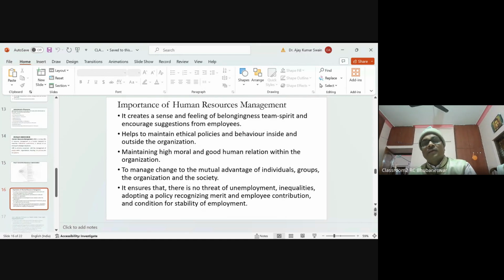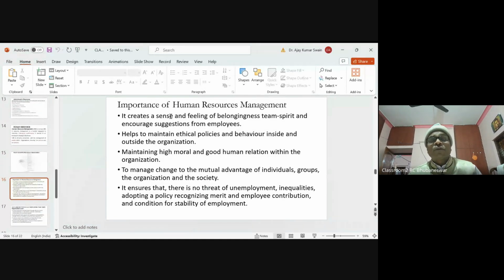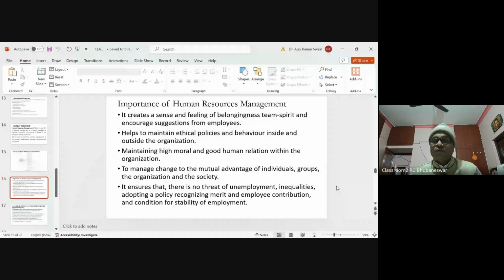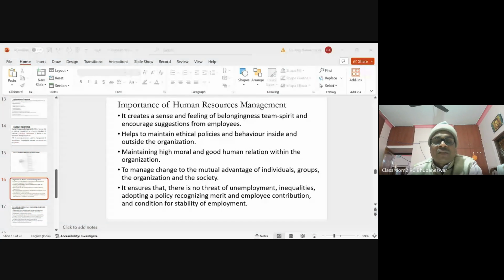Okay. Then, importance of human resource management. Why is human resource management very important? It is very important. Why? Because it creates a sense and feeling of belongingness, that is team spirit, and encourages suggestions from employees. It is a good point. Everybody should remember it. It creates a sense and feeling of belongingness,